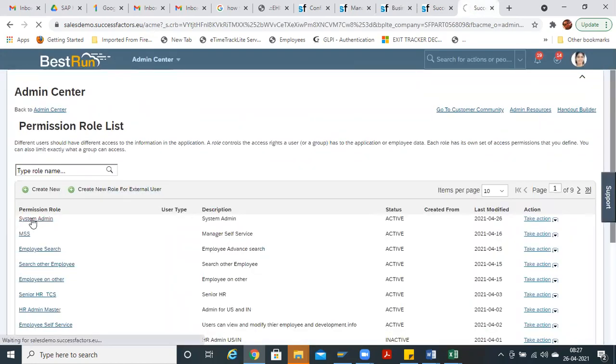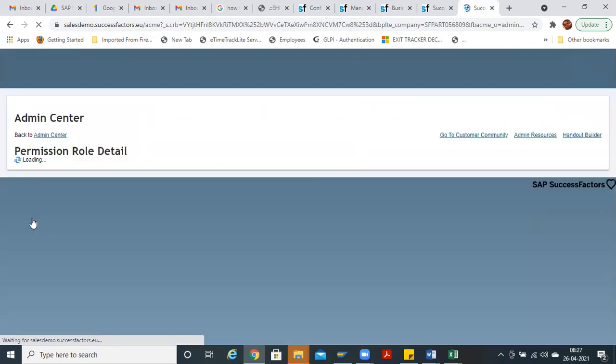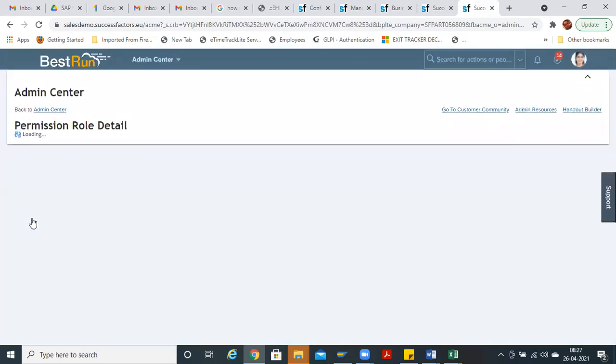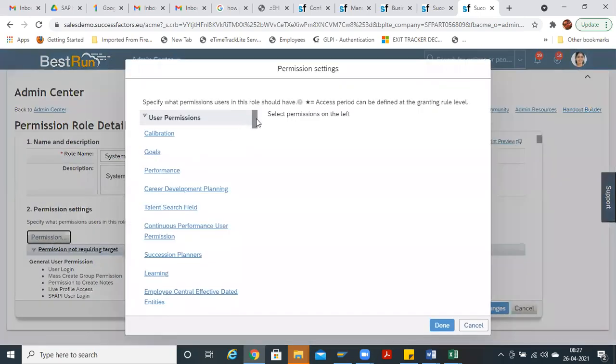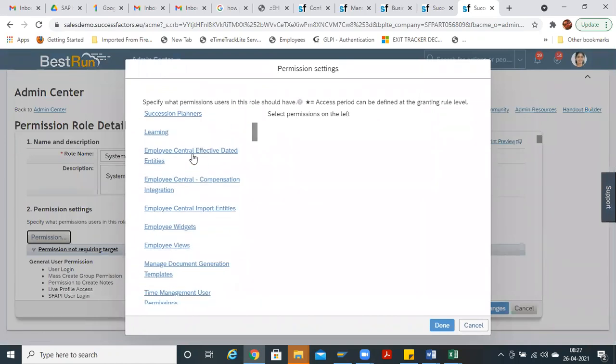In system admin, in the permissions category, come down, employee central effective dated. Can you see this?